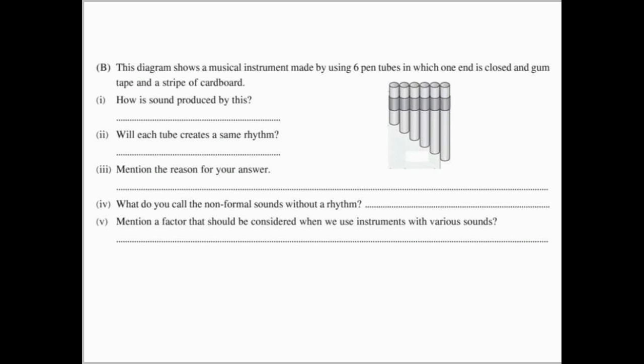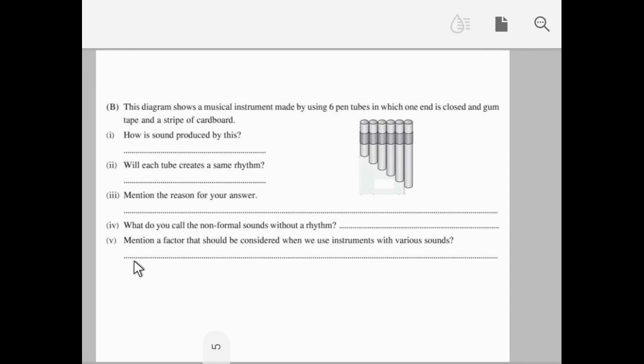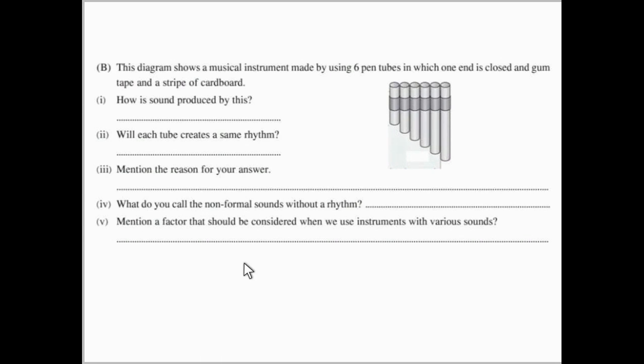Fifth one. Mention a factor that should be considered when we use instruments with various sounds. There are some factors affecting the instrument sound, which are